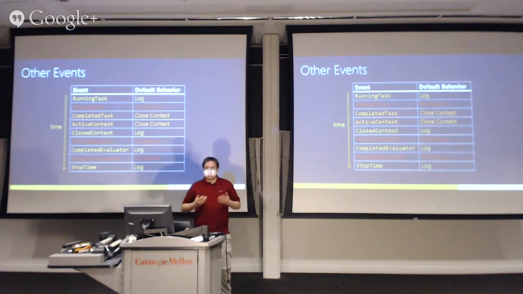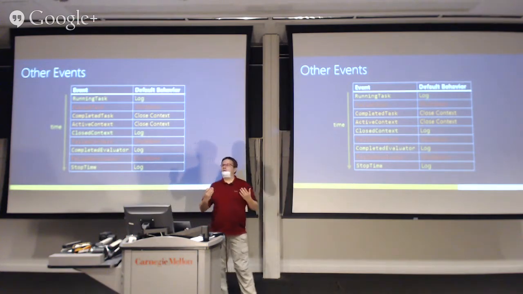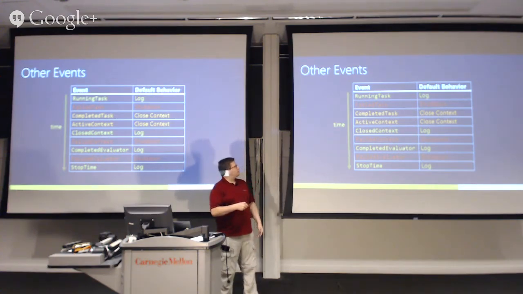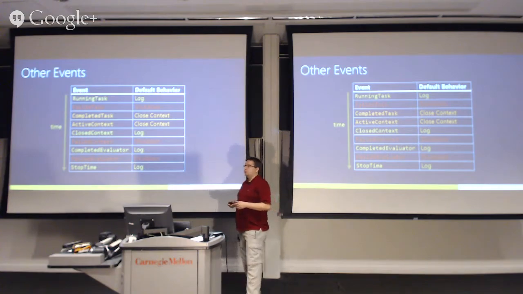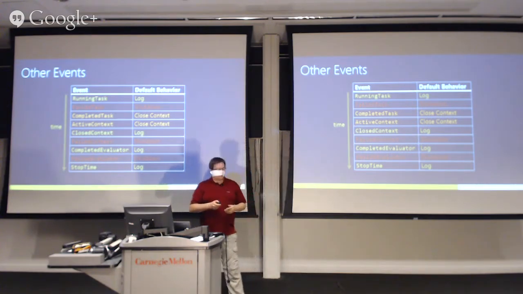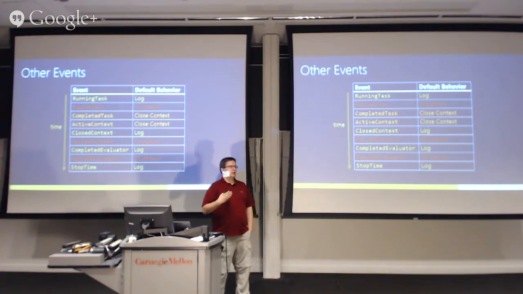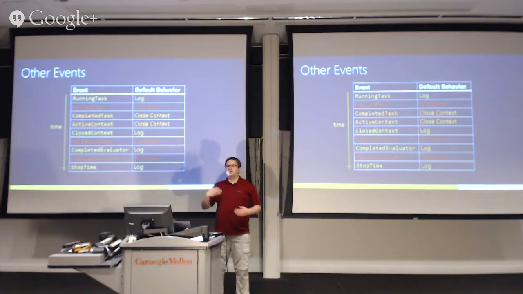So what you could get, and what you actually get in this task, is a running task. Whenever we can confirm that the task you sent to a machine to run is actually running, right, and didn't crash on the way and all that, we fire an event called running task. The default behavior of that is just to put it into the log file and move on with life. Then, of course, your task could crash, in which case you generate a failed task. A failed task has the default behavior of shutting down your application, right? If your application itself does not implement fault tolerance, then Reef will make it so that it crashes in an orderly fashion, and you will see this on your YARN application list as a failed attempt